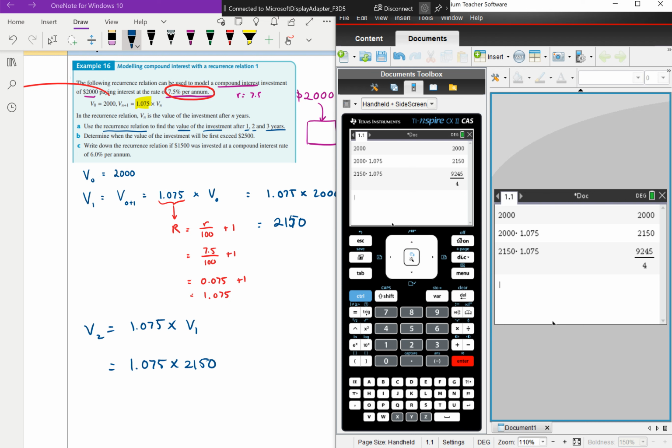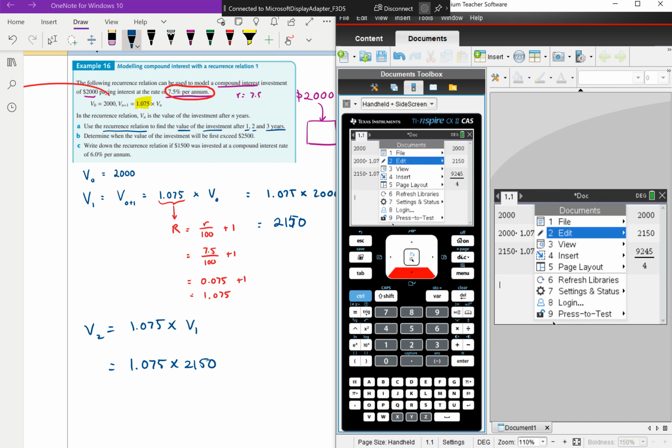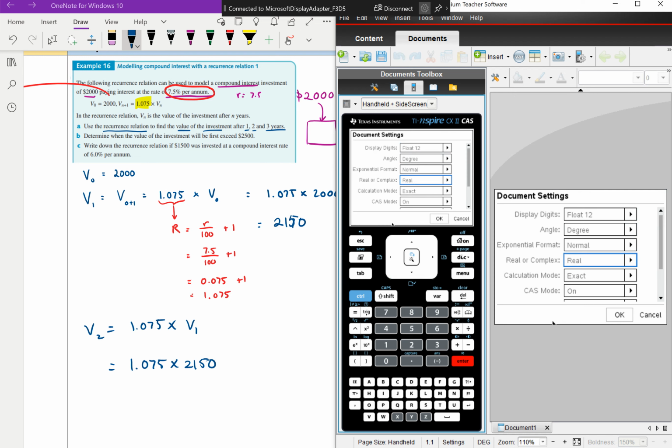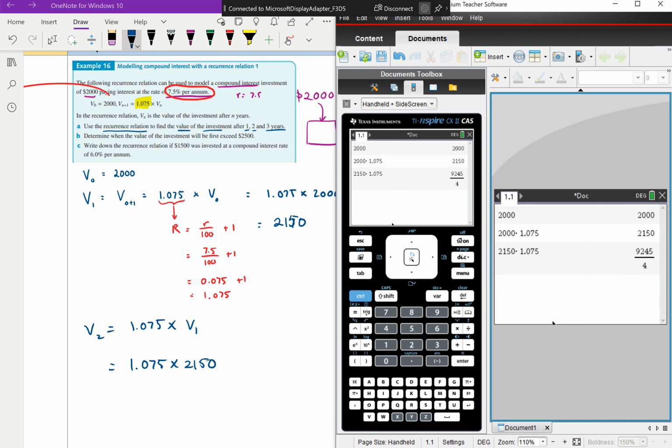Notice I haven't changed my calculator settings. I'm still in my methods calculator settings. If you're doing methods, keep an exact value. If you're doing further, make sure to change it like I am right now. Change the settings, document settings to approximate. Okay, because in further we often use decimals instead. So I'm going to do it again. So it should be